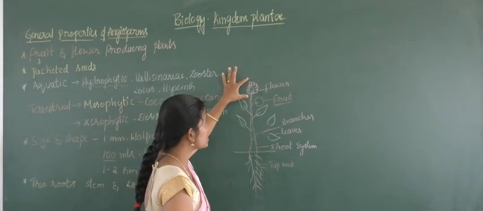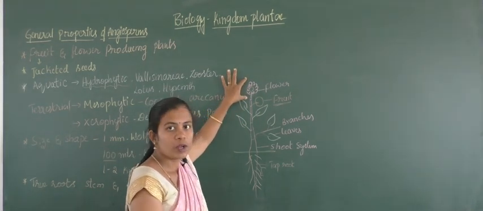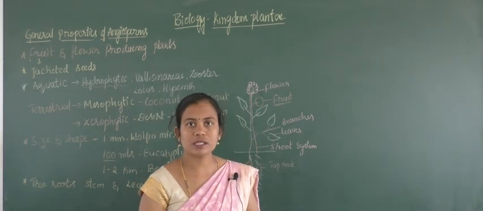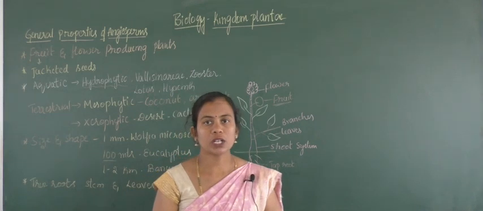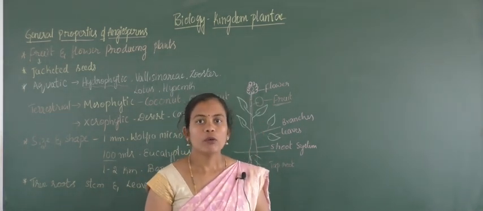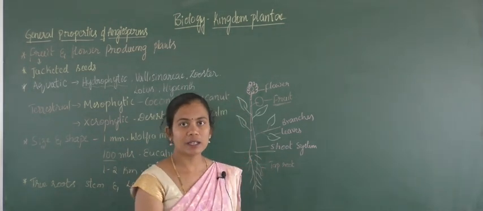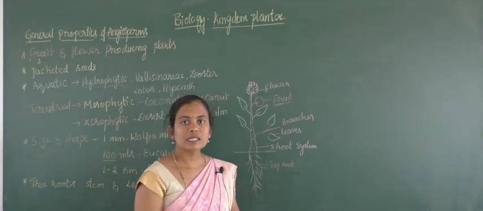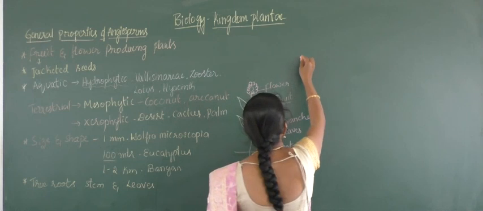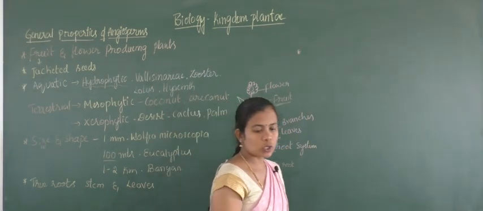This is a modified stem portion called flower, which bears microsporophylls and megasporophylls, which help in reproduction as it bears male and female reproductive units. We will speak about the life cycle of angiosperm within 5 or 10 minutes. In the next 5-10 minutes we will find out the other characteristic features. So that is the classes of angiosperms.